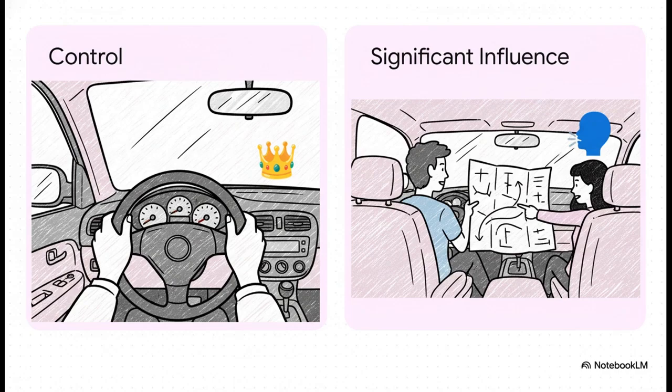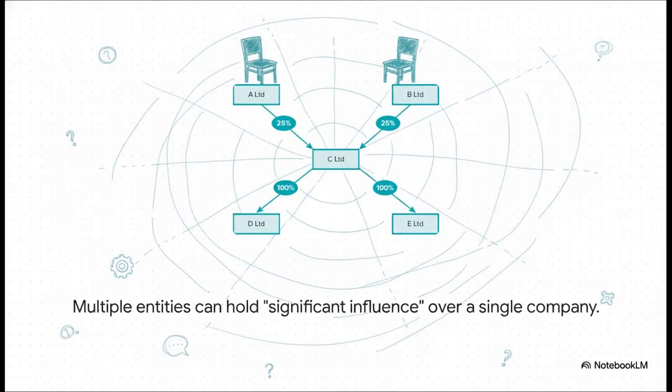You can't actually grab the steering wheel, but you for sure have a say in where that car is going. Both of these situations create a related party relationship. And here's how that can build up. So company C isn't directly controlled by A or B, but both of them have significant influence. They each have a voice at the table. This just shows how one company can be tied to a bunch of others, creating that complicated web we were